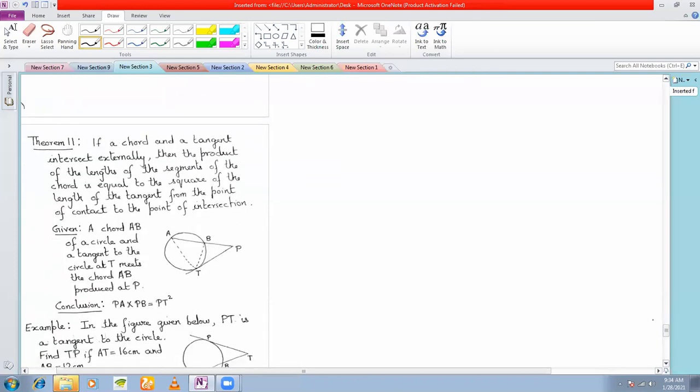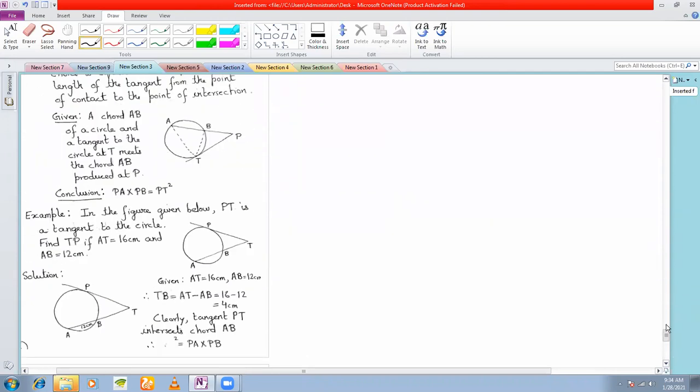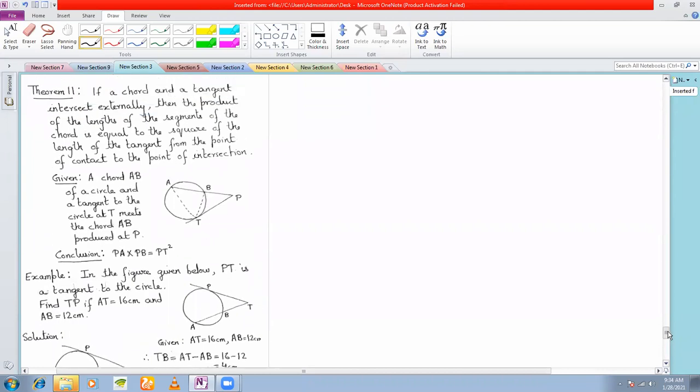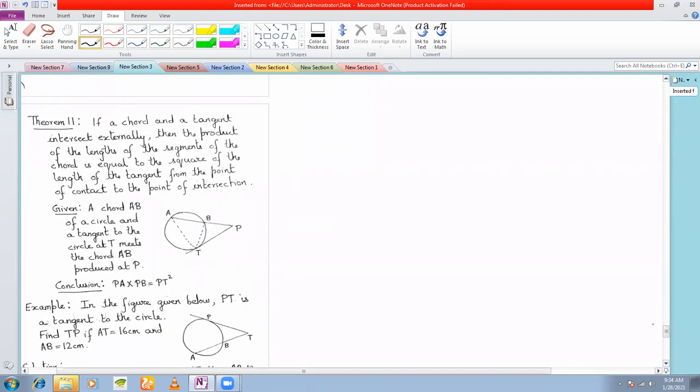No question. So let me just leave you with the statement of this theorem today. The next theorem and perhaps the last theorem. After this, I'll be moving on to problems of the exercise where you will be using all the theorems together. Okay. So you must be equipped with all the theorems. You must be knowing all the theorems.